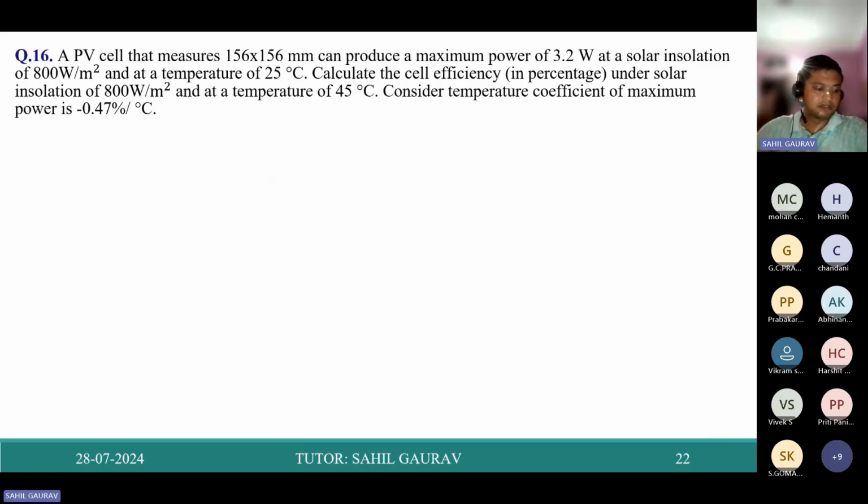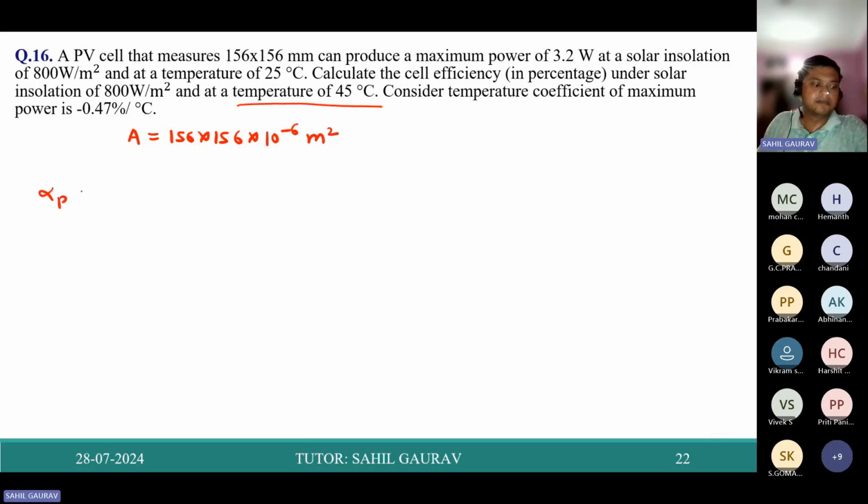So we have solved this type of problem so many times. Here you have to calculate the cell efficiency. To calculate the cell efficiency, we need to first find the maximum power at 45 degrees Celsius, because these data are given at 25 degrees Celsius. Area of PV cell, we can write 156 into 156 mm square. So converting to meter square,